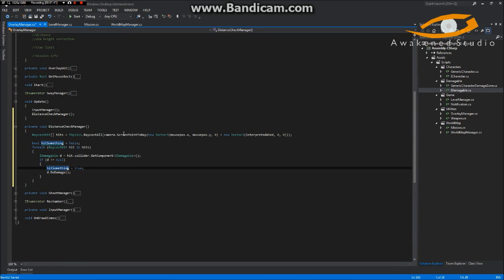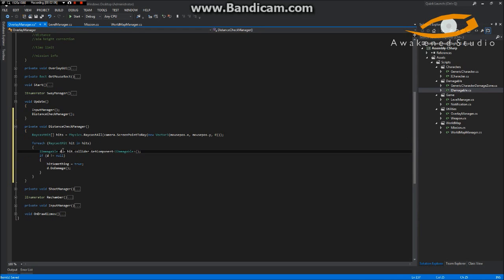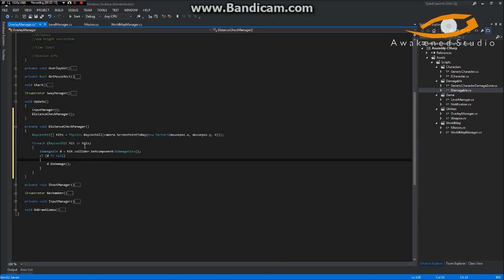So what this will do is we're going to get all the hits, and actually I'm going to remove this wind here, because we don't want that when we're calculating distance. So it'll be the actual middle of the overlay and not with the wind. It's whatever we're checking on the middle of the screen. We're getting all those hits, and then for every hit there, we're going to check if it has an iDamageable, and then here, instead of doing the d.doDamage, we'll do